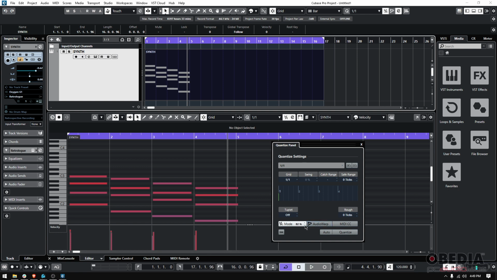If you go like 50%, so let's go 50 here, what's going to happen? Let's say we're talking about this note here. It's going to calculate the distance from that note to the grid mark, and it's going to put it 50% closer, meaning kind of in a midpoint between where the note is and where the grid mark is. That, in fact, helps. It's not going to sound perfect, it's not going to be 100% there, but it's still going to have some human feel. So if you do 50%, you quantize, it's way closer, but you can still see some space. So if we press spacebar to listen,